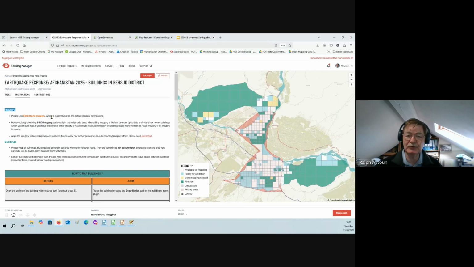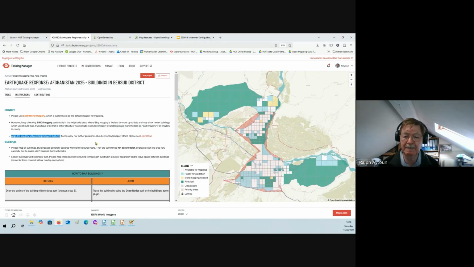And the two things that are most important is to know whether you align the imagery with the existing mapped features, or whether you align the mapped features with the imagery. That is the important part of the imagery that you need to understand,